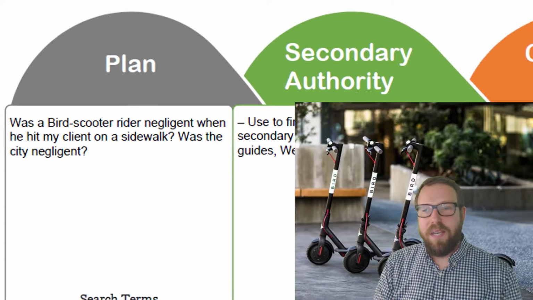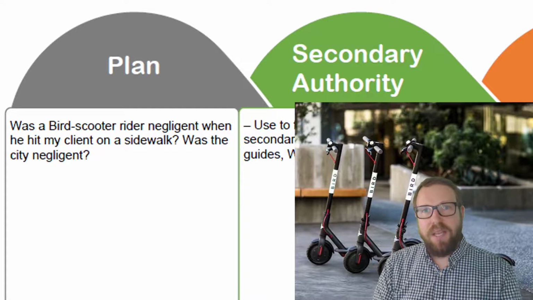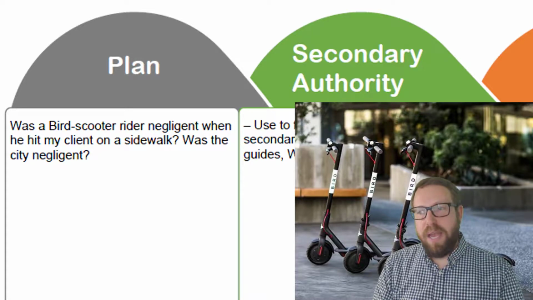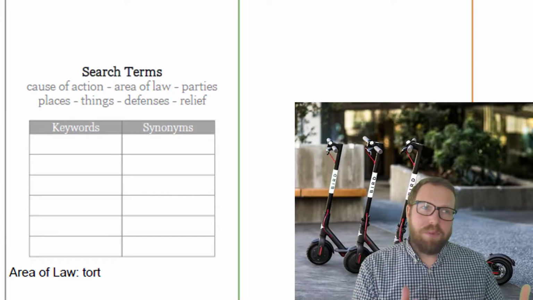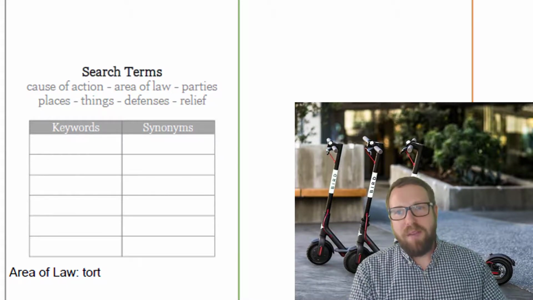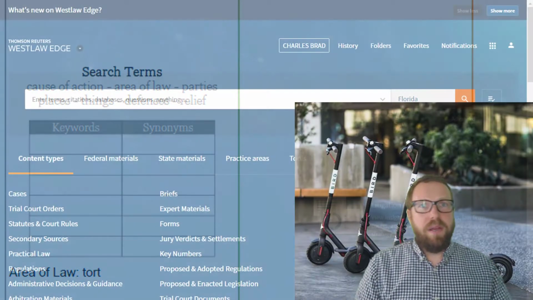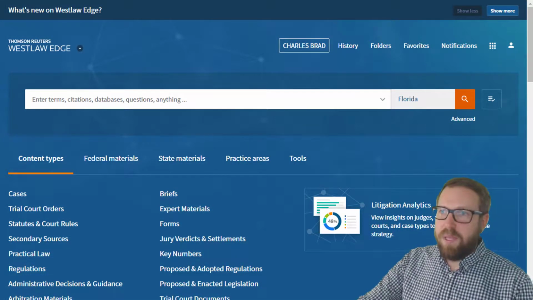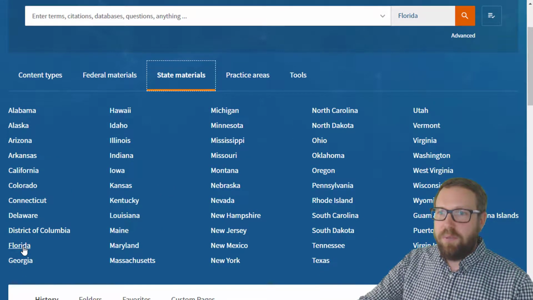In this practice, your job is to find a treatise and then the elements of negligence that will help us analyze a situation where these electric scooters like Bird or Lime or something like them are being left out and used on sidewalks. So in Westlaw, you would go right to State Materials, choose your state, which is Florida,